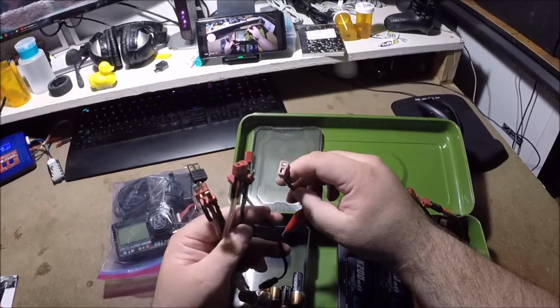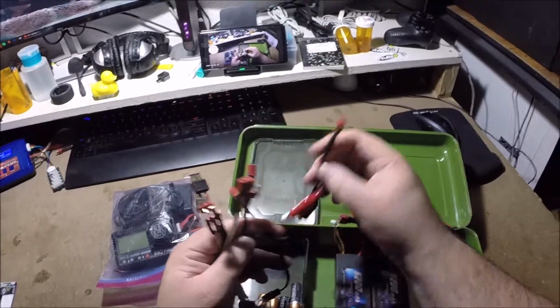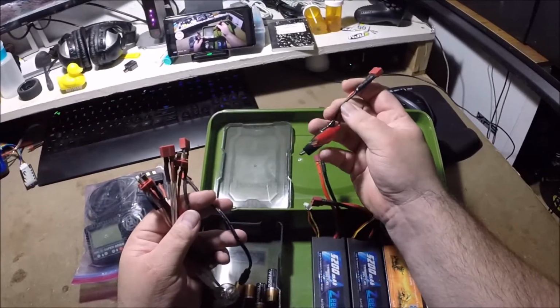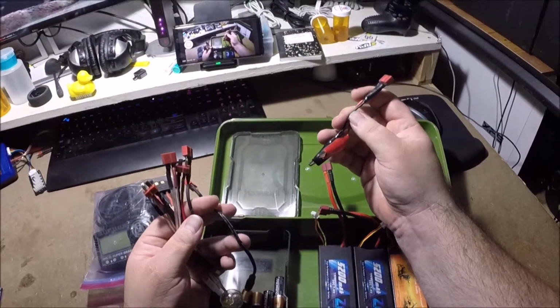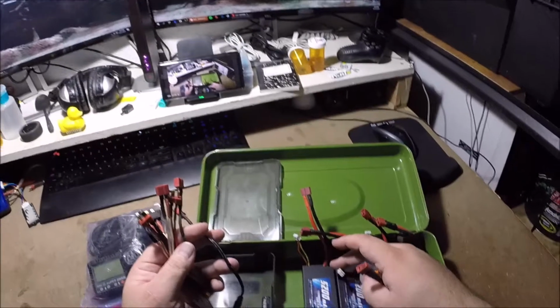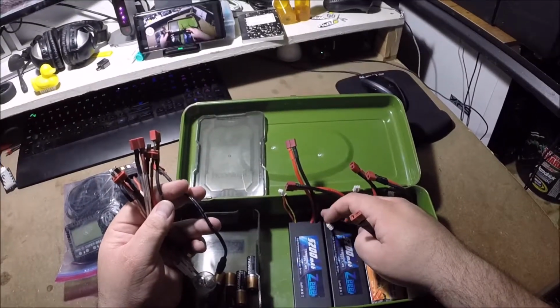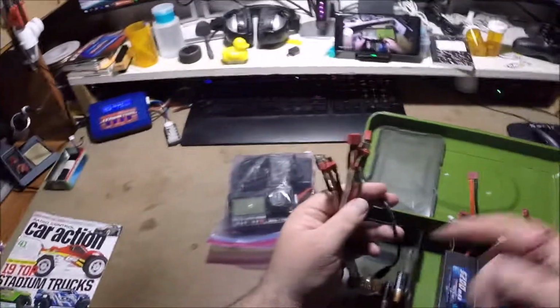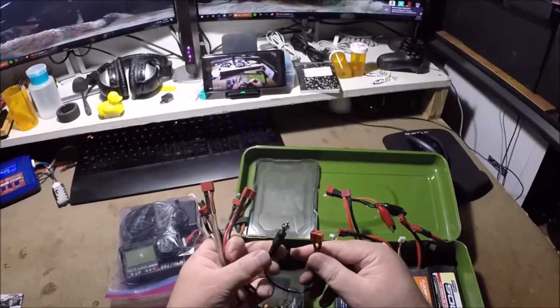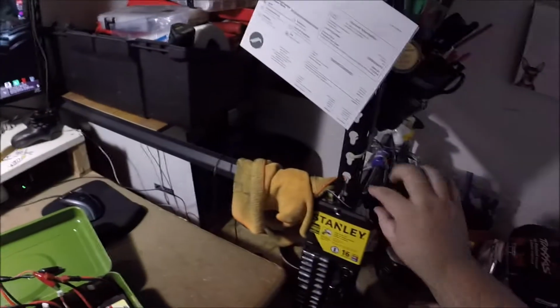So I run Deans plugs on everything. You can see here, if somebody has like XT90s or even Traxxas plugs, whatever, you can use the alligator clips and still be able to connect in. If it's a LiPo, other than the Traxxas ones, you should be able to plug the regular balance plug into your balance board. Anyways, this one here, this is actually for charging